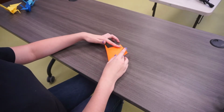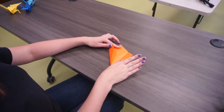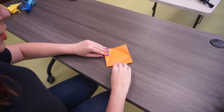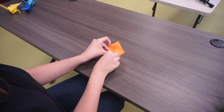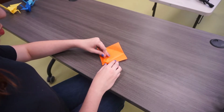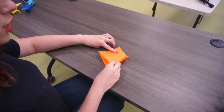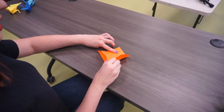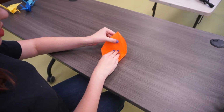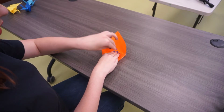All right, now to the kind of tricky part. So don't worry if it takes you a little bit to get this down. It took me forever. But we are going to be opening these two flaps. Then make sure you don't unfold the whole thing. I like to put my finger right here where the crease we just made is, and fold up to that point. And then to make an inverse fold, we are essentially going to be